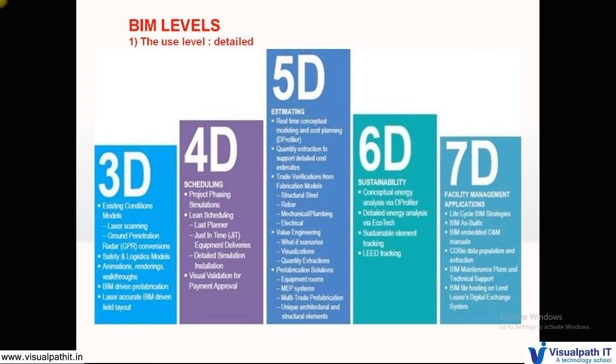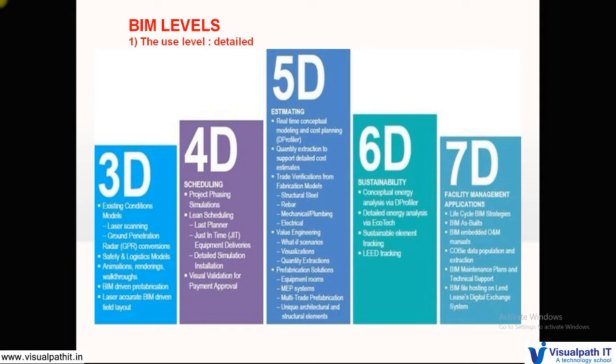Then we have the 6D and the 7D. So just have a knowledge of what 6D is. It is conceptual energy, where you check how much energy you're using in the big towers. They'll be using refrigerators and boilers, so a lot of heat will be generated. Fans, AC are there. This will emit energy into the atmosphere, which will cause pollution. To check how much energy your building releases is done in 6D.